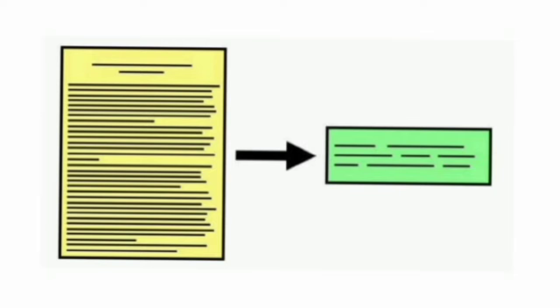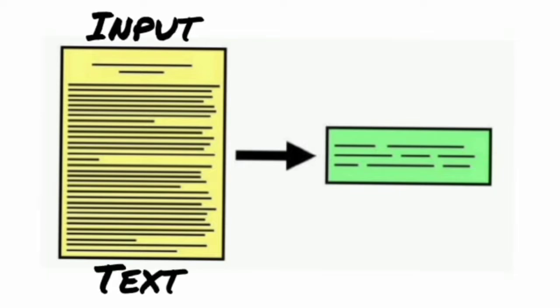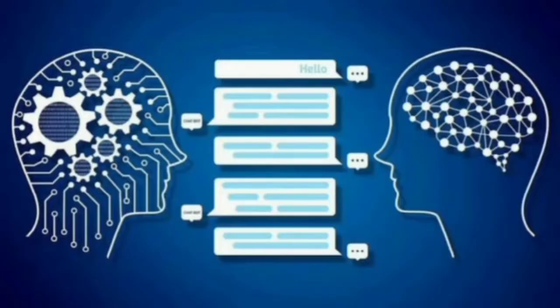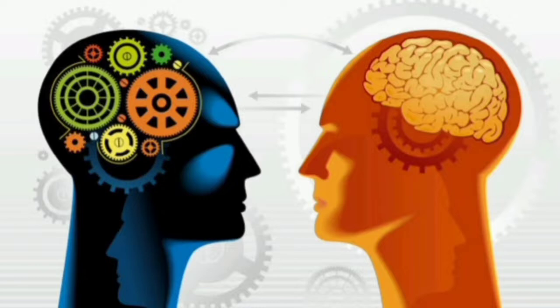So we built a project on text summarization using NLP. Basically, what we are going to do is provide the lengthy text as input and we will obtain summarized text as output. We have used NLP, that is natural language processing, here. This is nothing but a branch of artificial intelligence that enables machines to understand human language. Basically, a computer doesn't have the thinking ability like humans have. So using NLP, we are enabling the machine to understand things like humans do.